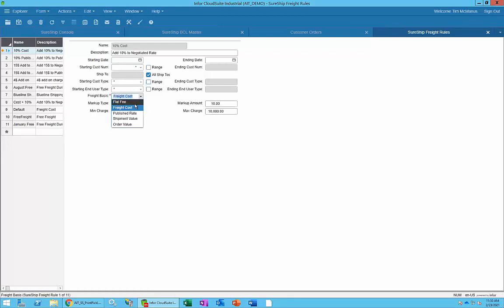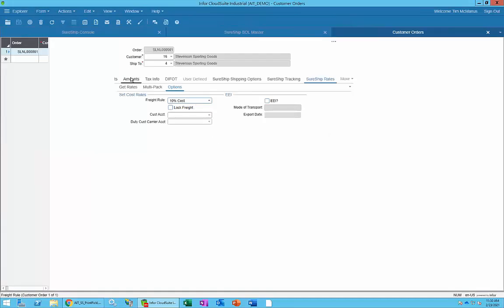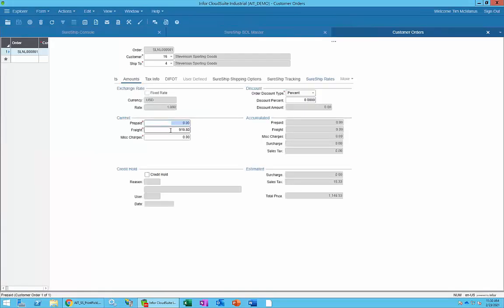So the basis is, what am I charging it off of? Freight cost, that's my negotiated rate, could be the published rate. Maybe I want a flat fee, or based on the shipment or order value. Freight costs, I want to mark it up a dollar or a percent. There's my percent, and that's going to be 10%. So if I go back to my order and look at my $836, go over here, there's my $836 with